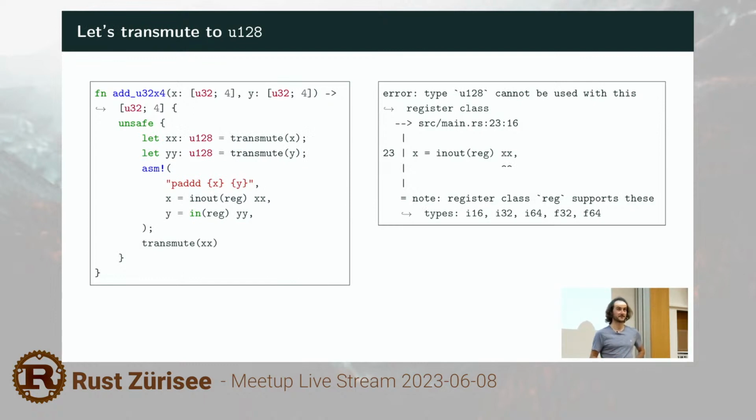Maybe since there are integers, let's try 128-bit ones. And here, I wrote this transmute, so I know that Ralph is going to cry, but it's just to illustrate, don't do this in the real world. Let's just imagine these are 128-bit integers. It still doesn't work because this register class, according to the Rust language, doesn't support wider